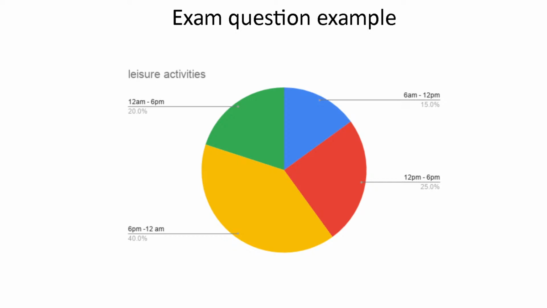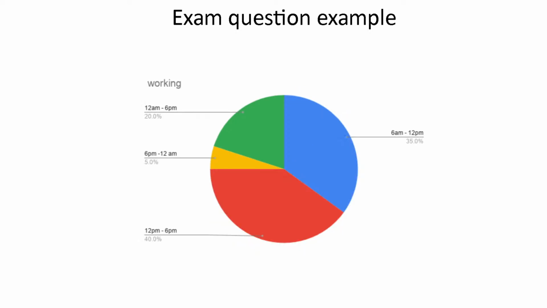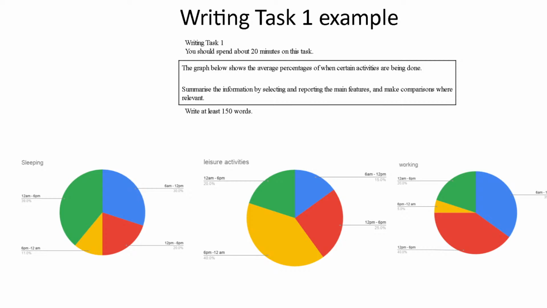So this is leisure activities. Very similar, it's times of day. We've got the percentage, and it's split in a slightly different way, of course. And we've got the working. Okay, so here what we've got is the question again, and we're just going to go through a quick example of